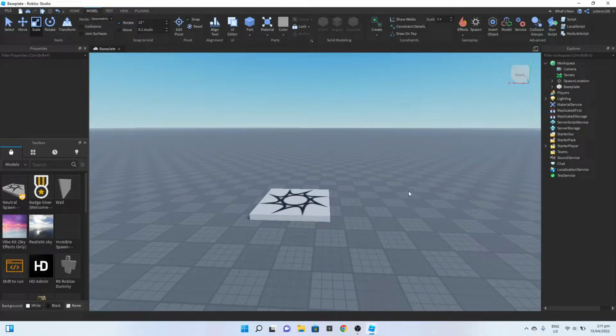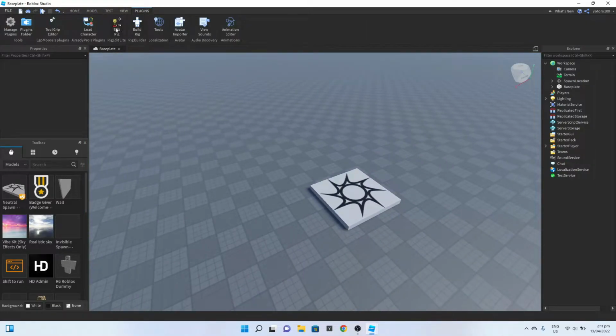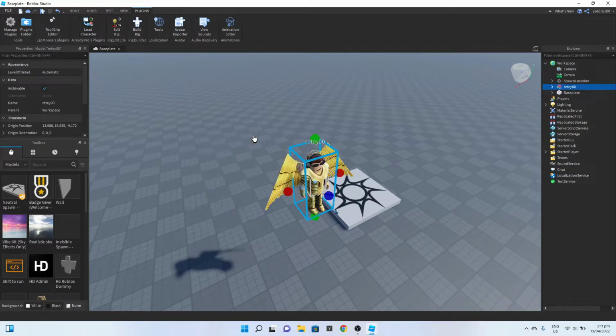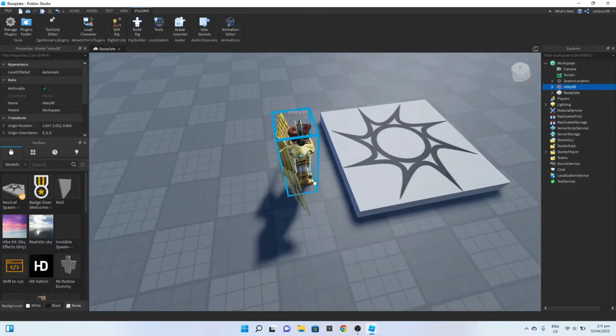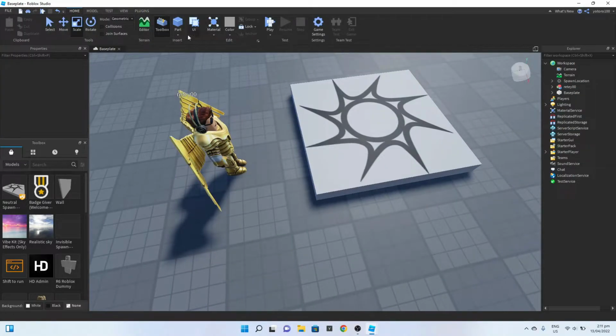First, we want to insert our NPC. So I'm going to use the Load Character Light plugin to insert my dude, and so just type in a random username and load that avatar in with R15 or however you want. And so once you've got your character for your NPC,